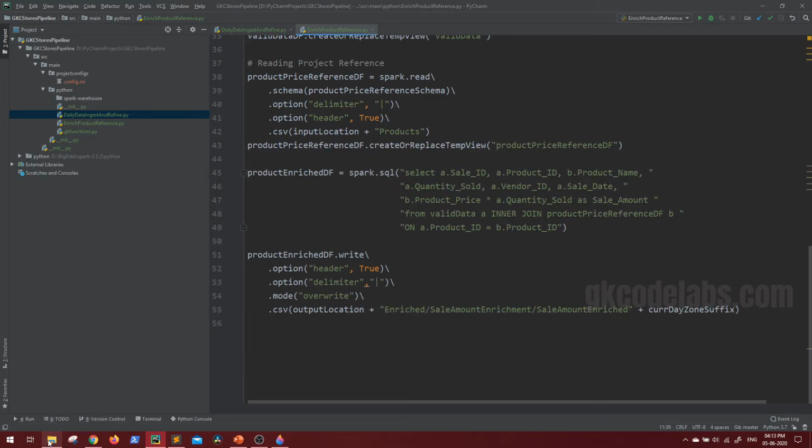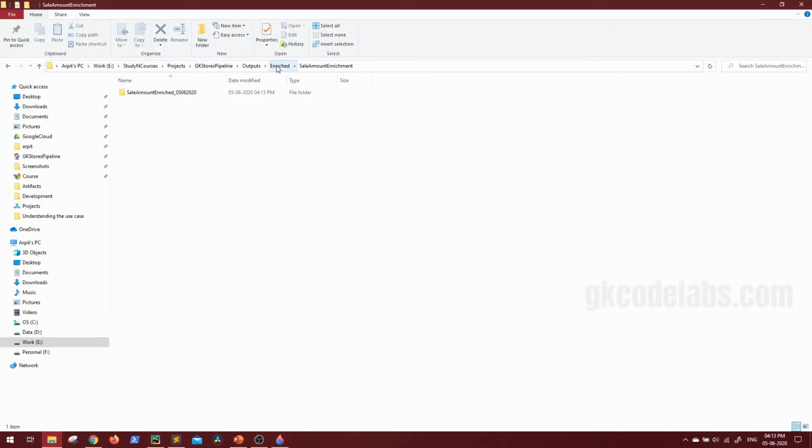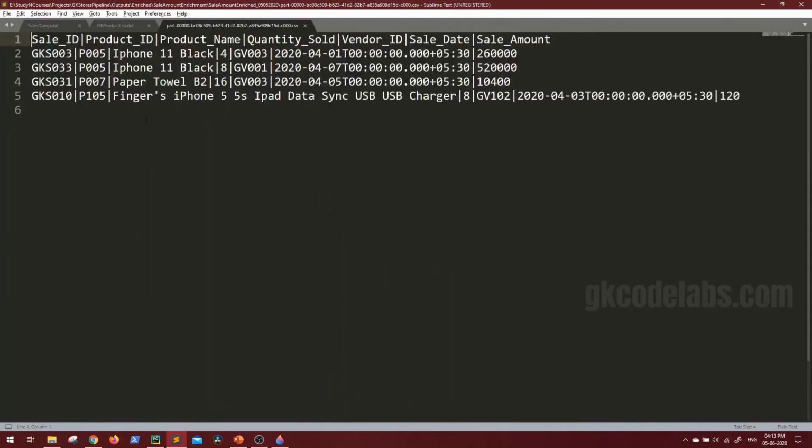Let us see our output directory. Inside enriched, sales amount enriched, inside this you can see today's directory has been created. Now let's see what we are getting. So very nice, we are getting the sale ID, and the product ID that has been valid.